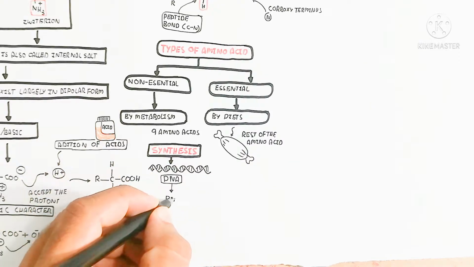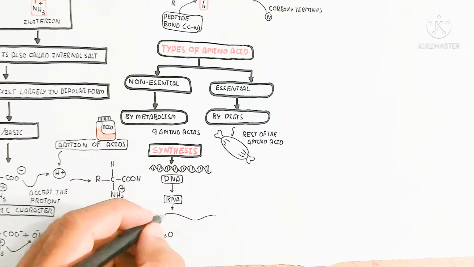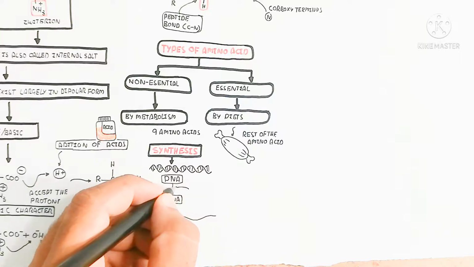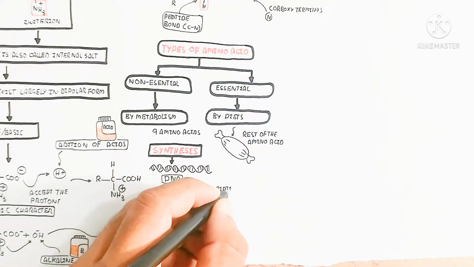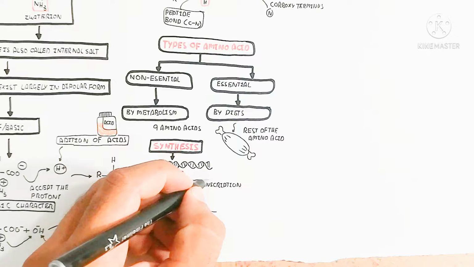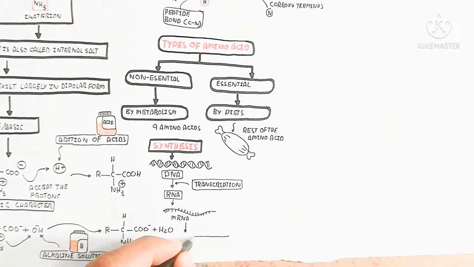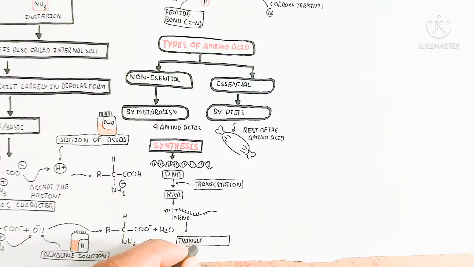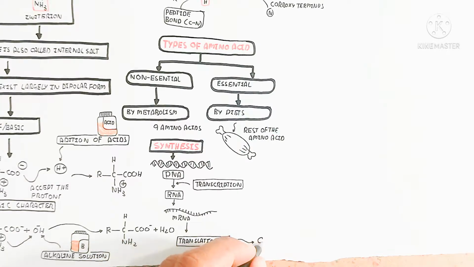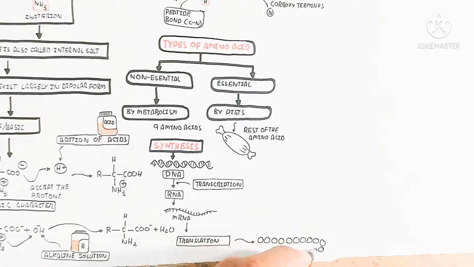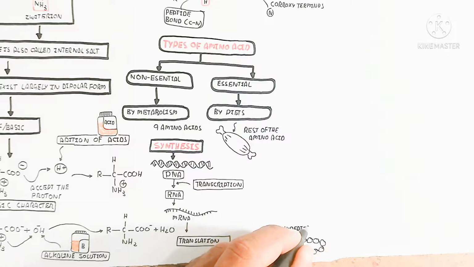First of all, the DNA will be transcribed into messenger RNA, and that will go into the cytoplasm and begin translation by the binding of the ribosome, as well as the transfer RNA. After the binding, the polypeptide bond will occur. So that means the polypeptide will be formed, and after modification in the rough endoplasmic reticulum as well as